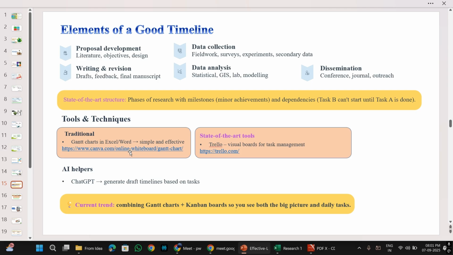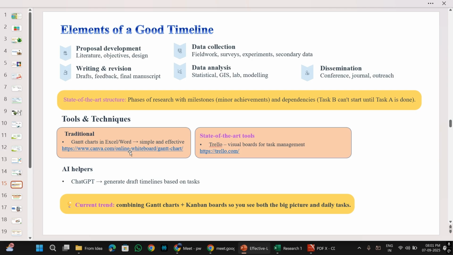To make these charts, these are very very important when it comes to preparing your timelines. And besides this, recently there are these Trello charts that are also going on. They are also similar to that of these traditional charts, but you have a digital copy of it.